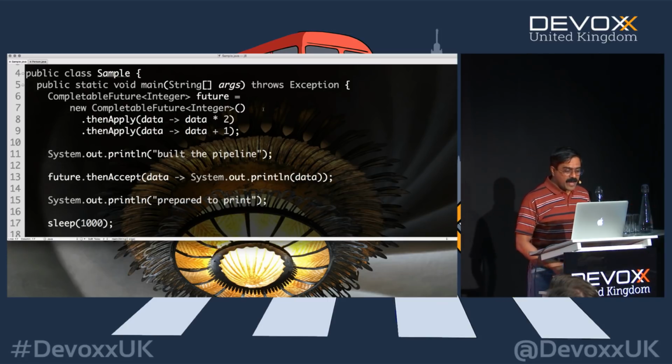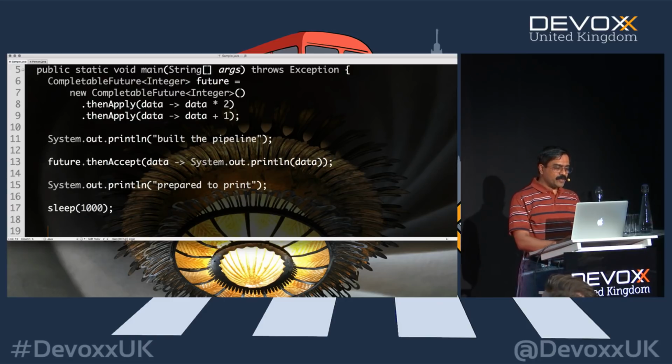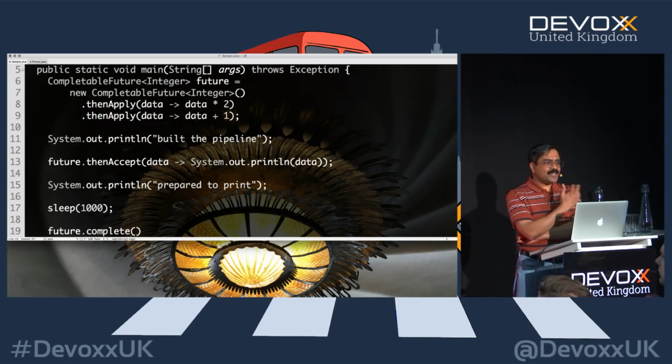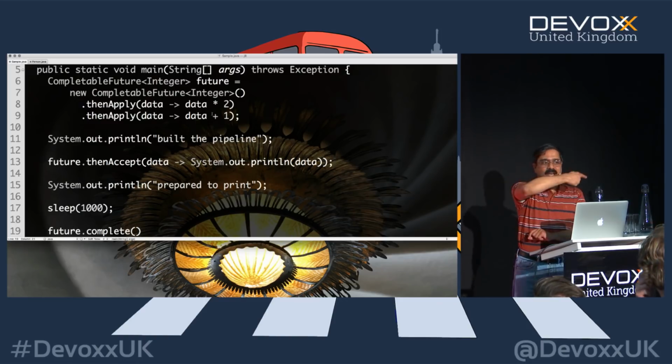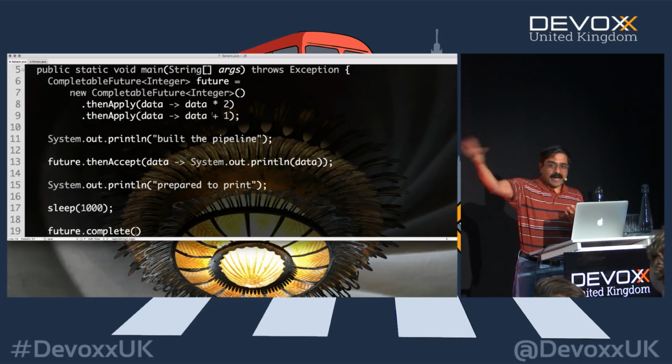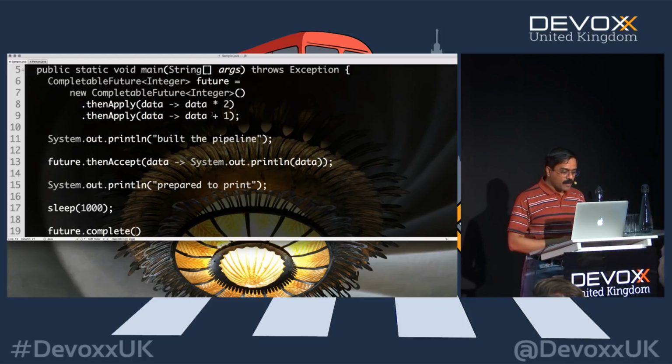So what am I going to do then? Well, after a second delay, I'm going to say future dot, and what am I going to say now? Complete. And I'm going to pass the data through this complete. I could take my sweet time to go do this operation elsewhere. It doesn't have to be in the main. It could be somewhere else. I could put it in a completely different thread, whatever that could be. Or more important, you could be building a pipeline and pass it to somebody else, and they could be holding onto the pipeline and send the data back to you. And when the data arrives to you, you can do other operations with it.